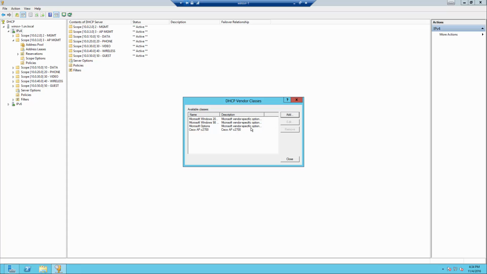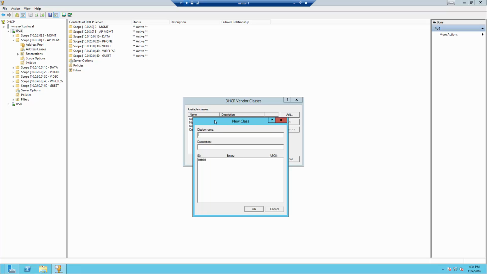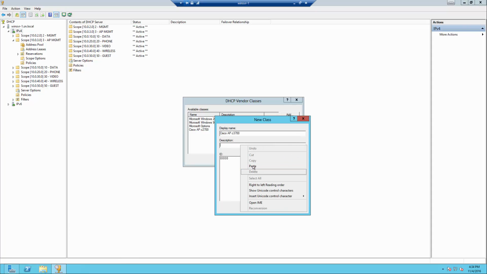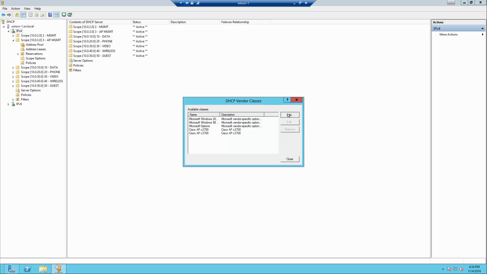Now, because I have a couple of different access points that I'm going to add, I'm going to go ahead and add a 3700 here. And if I wanted to do that, I would simply copy, paste. This ASCII field does not allow you to copy paste, so you would have to manually go in here and do this. I want to add one more,